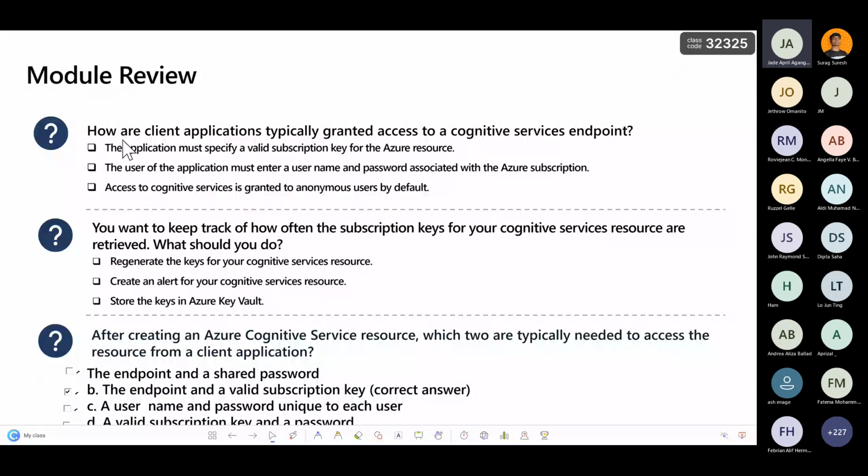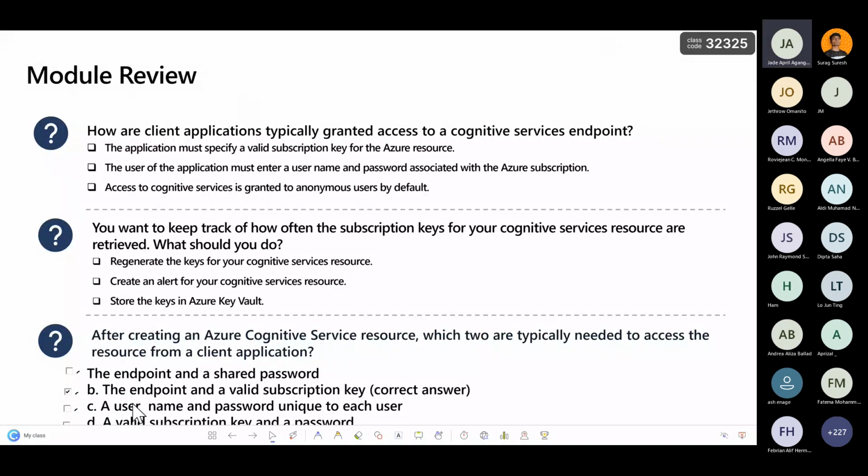So remember, how are we going to give access to our clients so that they could access the service that they agreed upon?